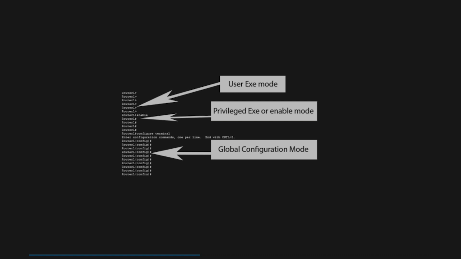By entering the configure terminal or conf t command from Privileged Exec mode, users enter Global Configuration mode. Here they can make changes to the device's configuration, including interface settings, security parameters, routing protocols, and more. The prompt in this mode shows the device's hostname followed by config hash.